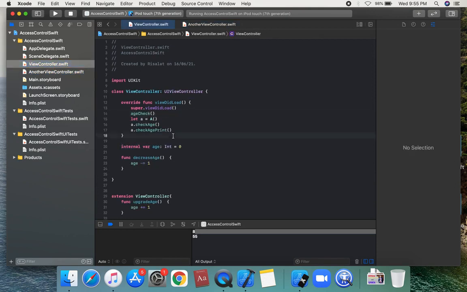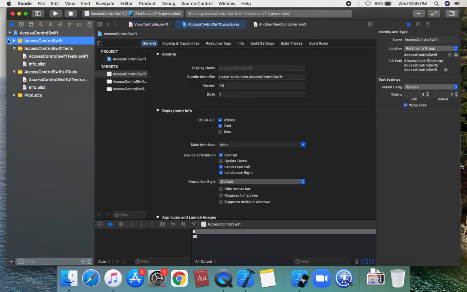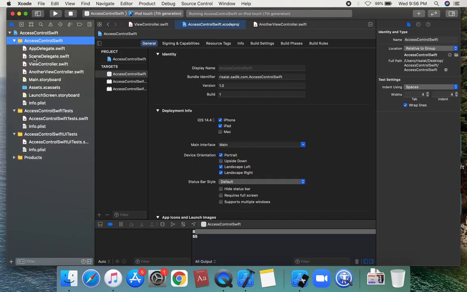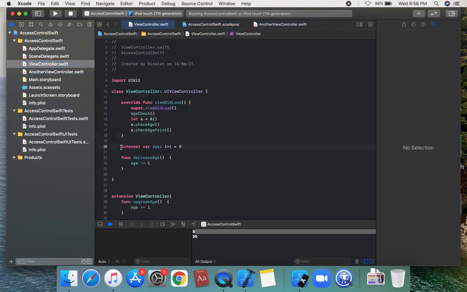So firstly, if we have not implemented internal on a property, what is internal? Internal access enables entities to be used within any source file from their defining module. This is a module. From their defining module, but not in any source file outside of that module.